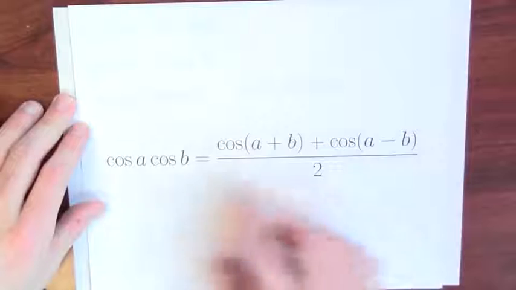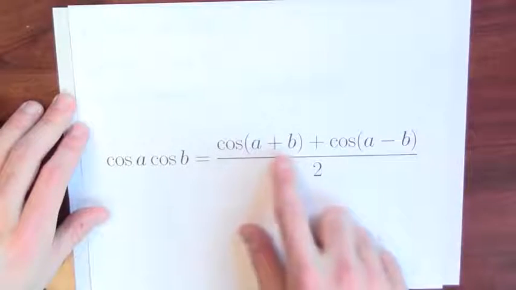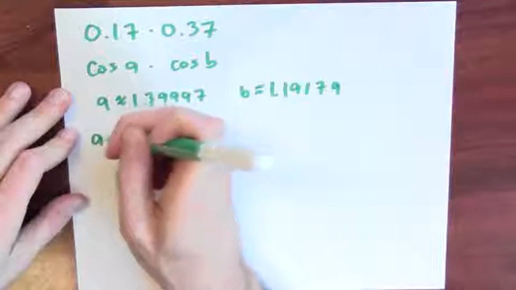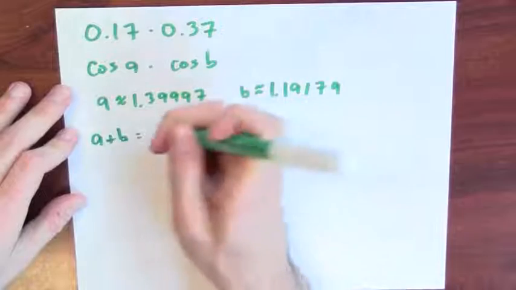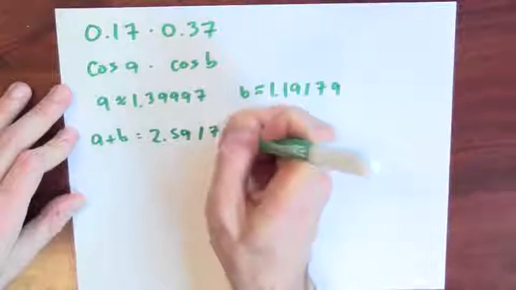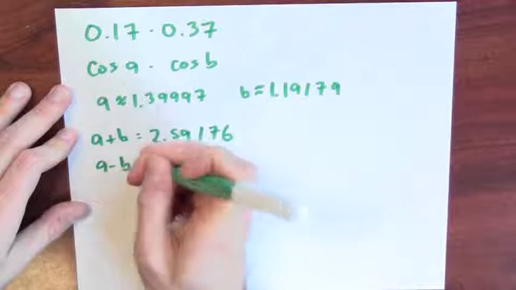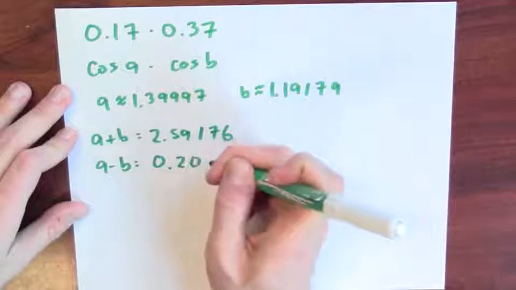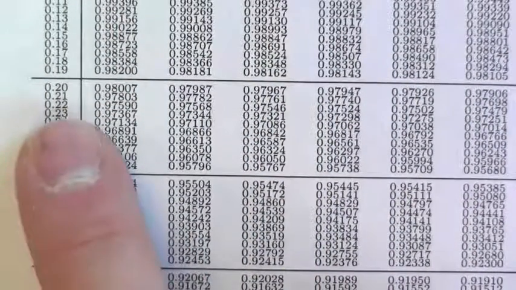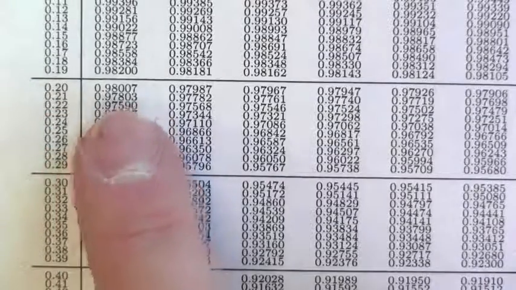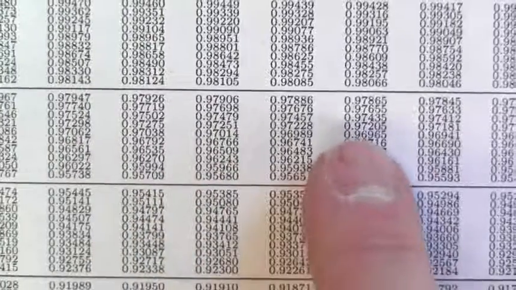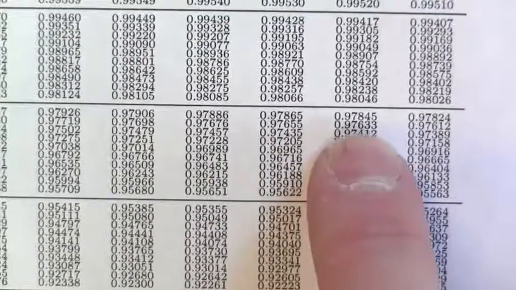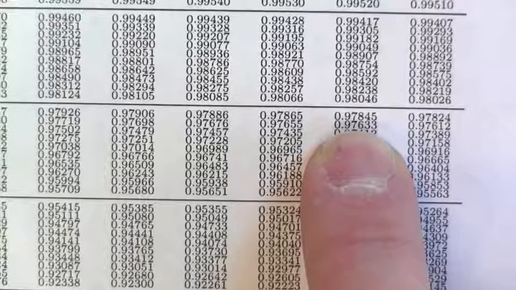Now the formula that we're trying to use tells me to compute A plus B and A minus B. So given that I've got these approximate values for A and B, I can compute A plus B to be 2.59176 and A minus B to be 0.20818. Here I've got a table of cosine values, and if I look at 0.20, and then the 0th column, 1st, 2nd, 3rd, 4th, 5th, 6th, 7th, 8th column, I find out that cosine of 0.208 is about